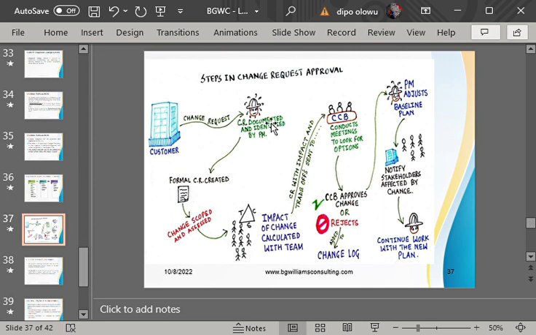You can see that properly documented in this paper. So the form for the change request created, now because the project manager has documented it, you can see it on this paper, it is now in the change log.